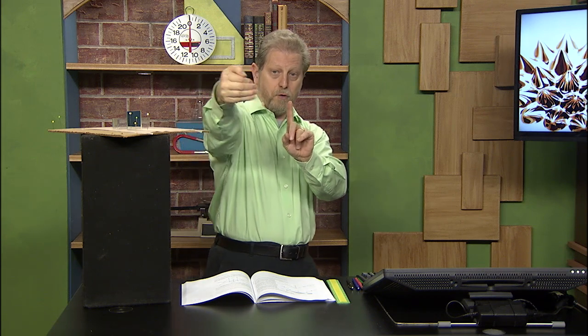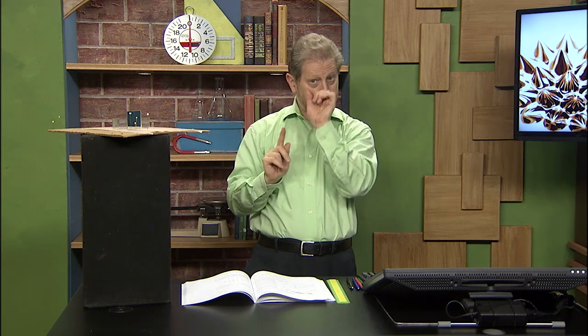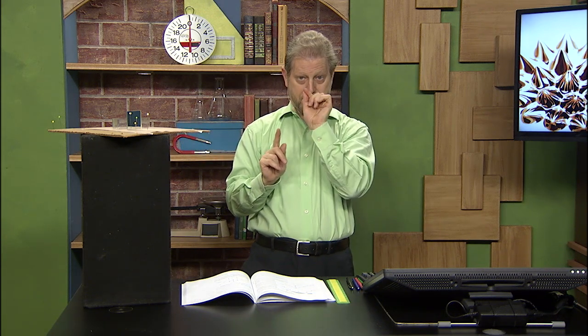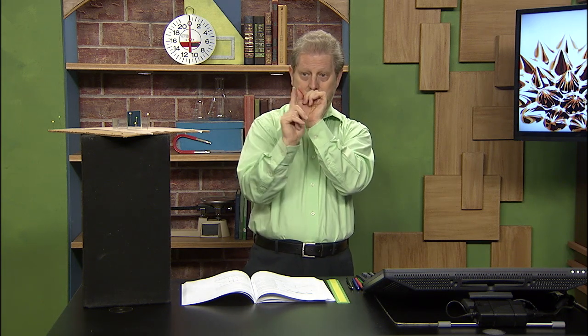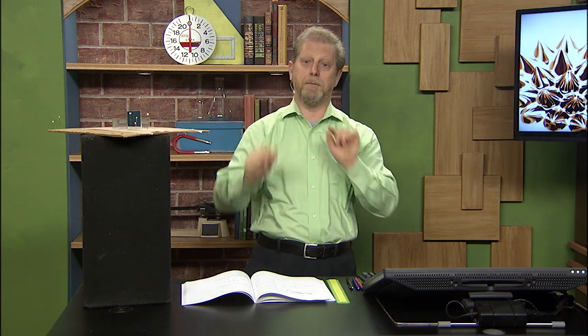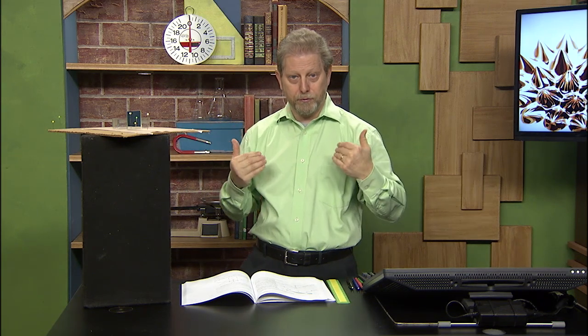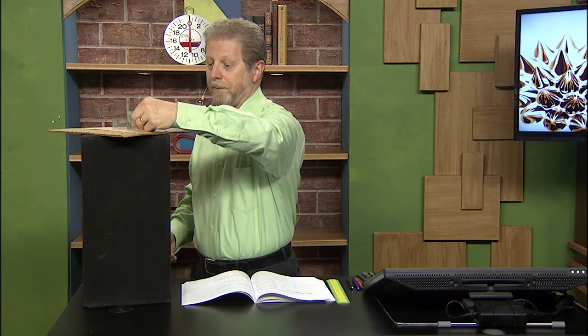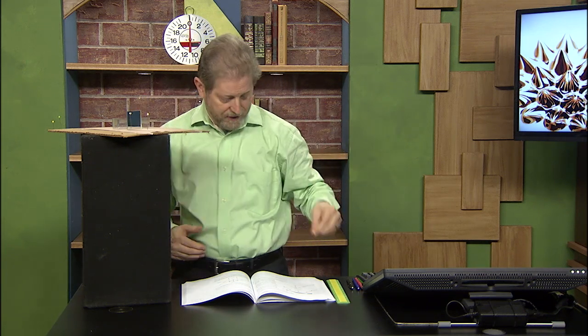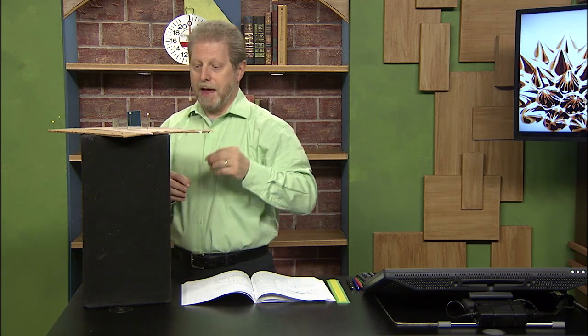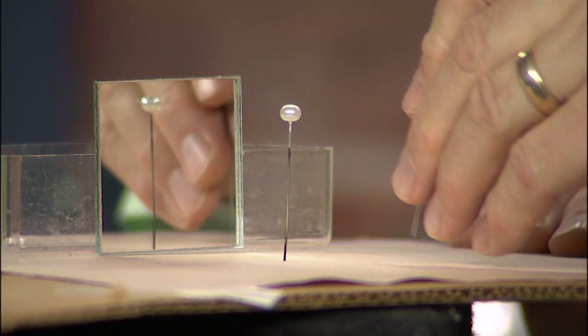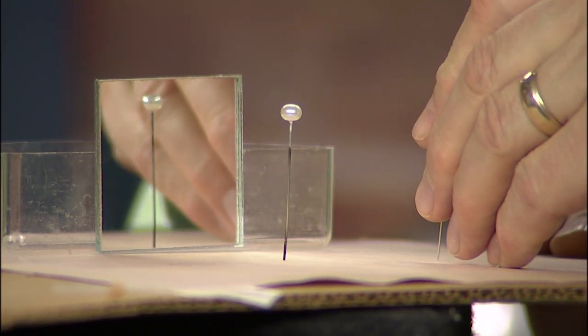Put your eye and move it until you see the image of the object and that pin lined up, and put a pin in between that pin and the mirror. That's the lap. At that point, we just have to reproduce the same thing on the other side. So I'm going to take these two out because they have made their little holes. And I'm going to go on the other side, and I'm going to put this pin,